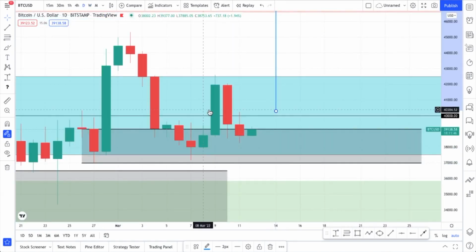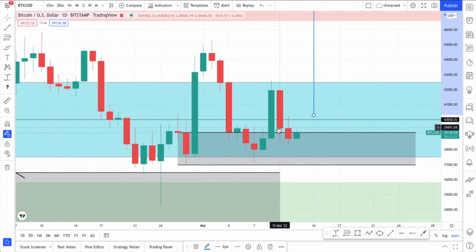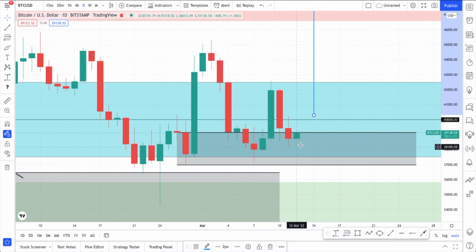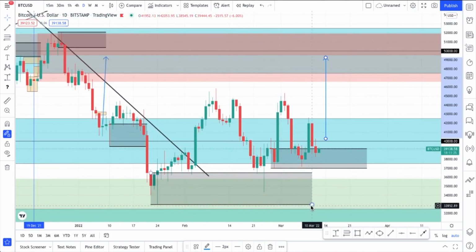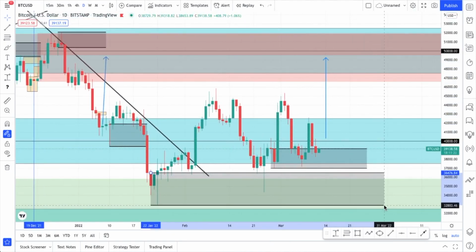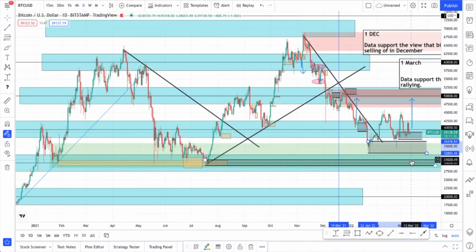So right now, in terms of price action, there hasn't been any significant move. So if we move down to the daily time frame, we saw that previously prices did respect this demand zone here. We saw a push, however prices came back down to it. So right now, again, there is an opportunity to look for long trades here. If that doesn't work, then preferably this demand zone below it could work. If neither of these work, then it's a matter of looking for trades down here.